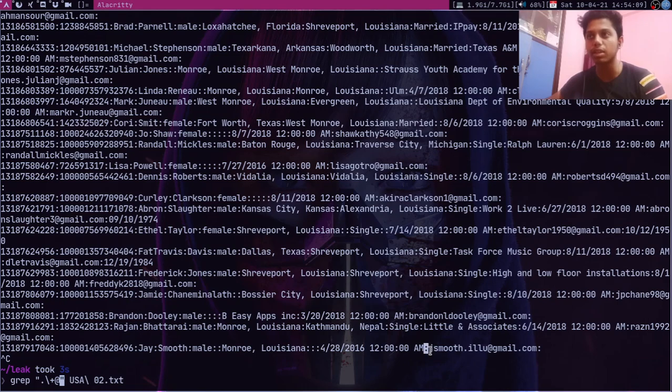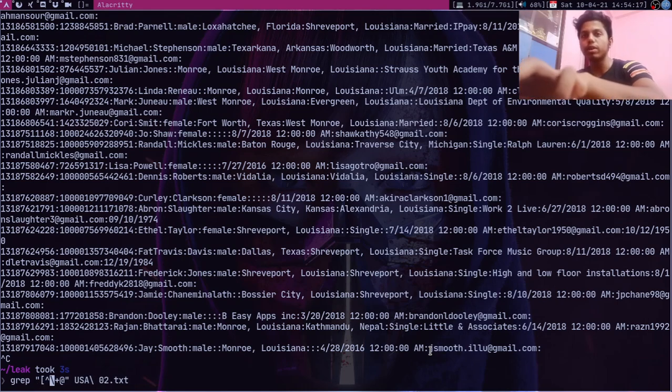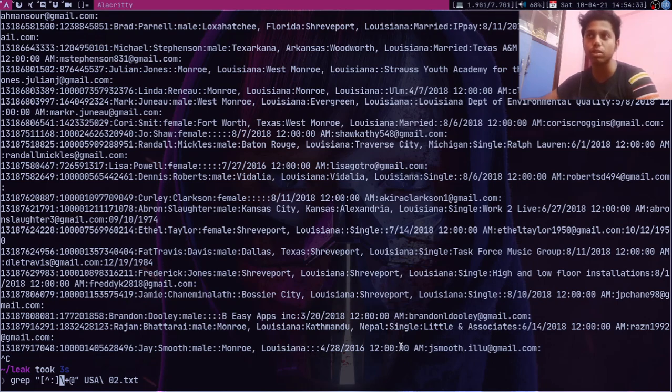So we see that there is this colon. So what we can do is use a list, and over there pass this negative sign and then this colon. Basically, this means include every character other than the colon. So it's going to start from the last colon, right? Because this is found, this is found, and finally when it finds this colon, it's going to move from there, and it's going to move till the at sign.